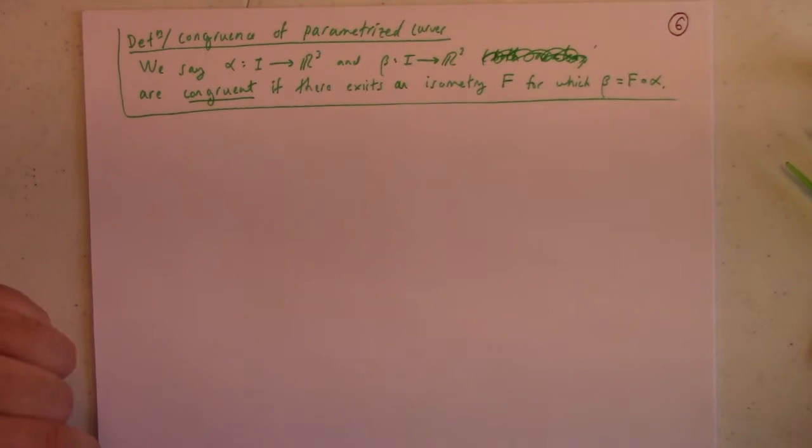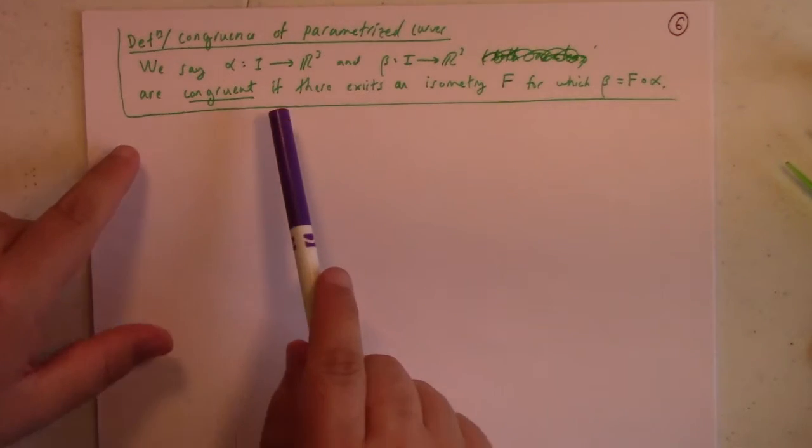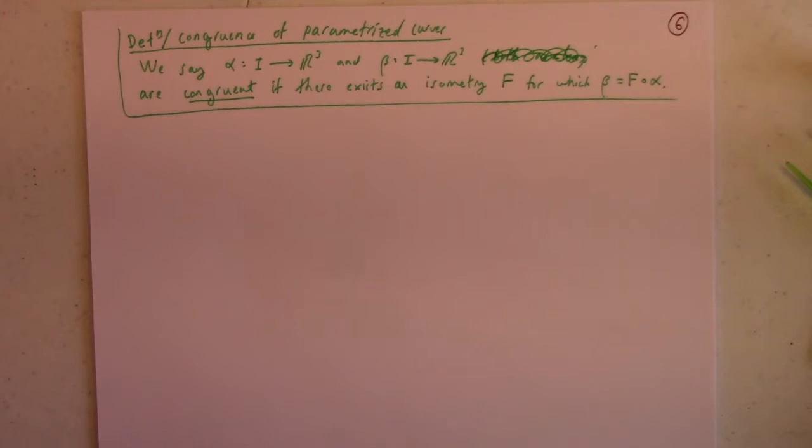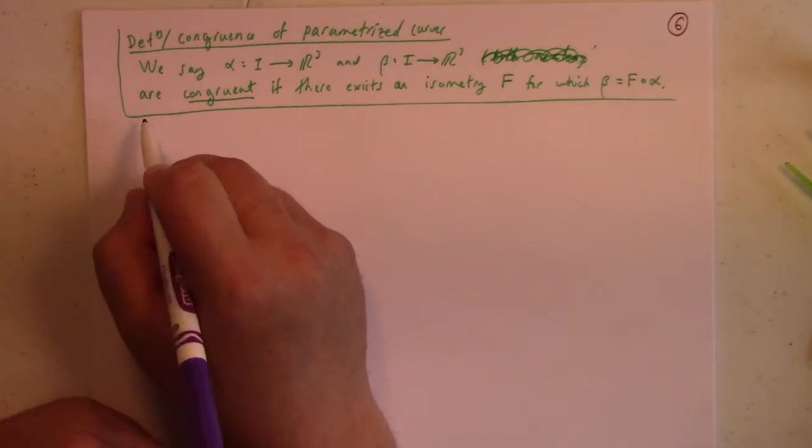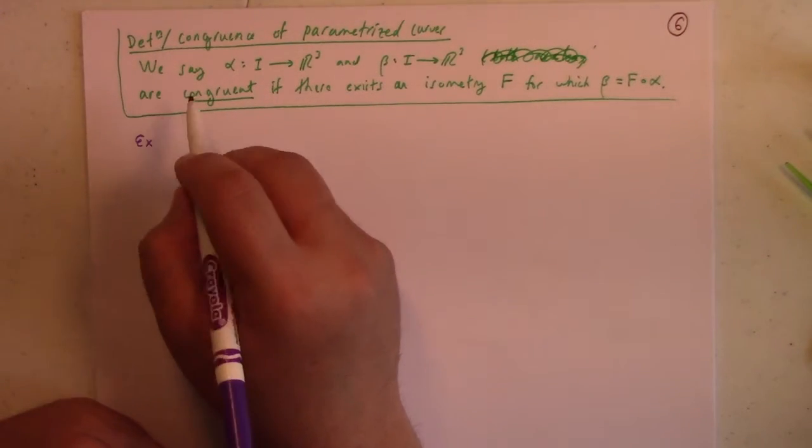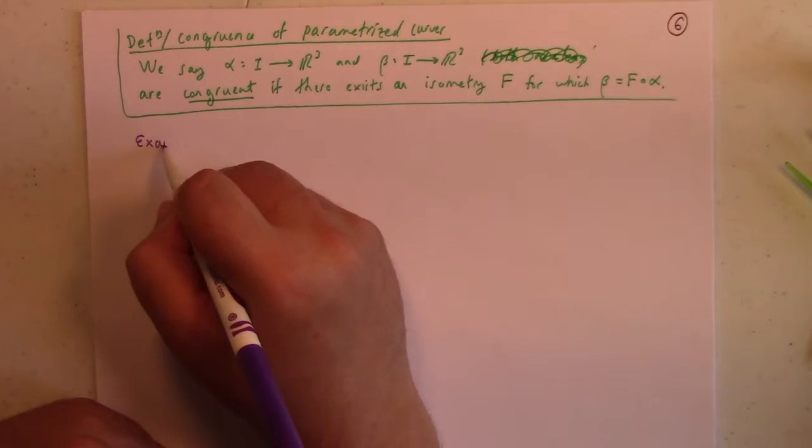That's one of the things here. So it seems to me there's some more general notion of congruence which could allow for different domains and maybe varying speeds which gave you the same point set, but anyway, this is a good starting point for congruence, or maybe a good ending point, I don't know. So an example,